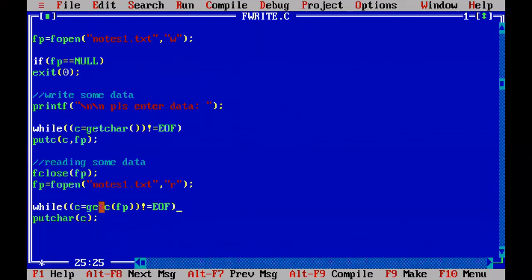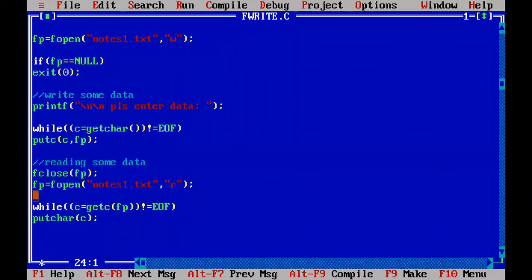Next time again we will execute the while loop, the getc function. Then the second character B is taken from fp and stored into C. Then the same B is compared with end of file. B not equal to end of file, yes, true. Again we come to the putchar statement and B is printed. Next C, next D. Next after D we have the end of file character. When the end of file character is read by getc from fp and stored into C, the condition C not equal to end of file is false. This time the repetition is stopped. So these two statements will print all the data from the file.